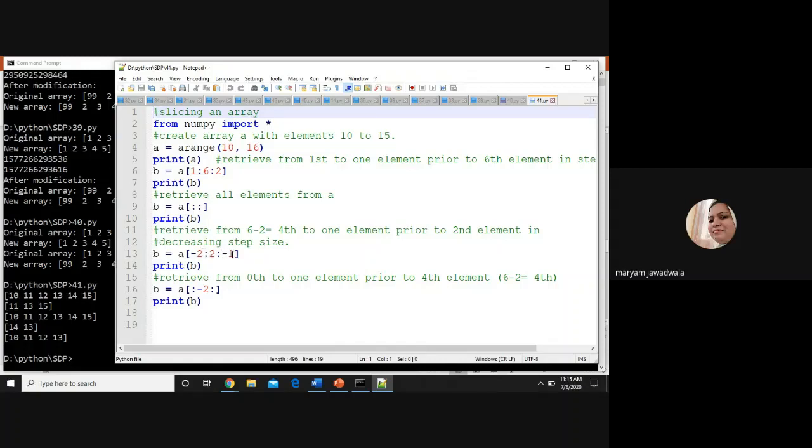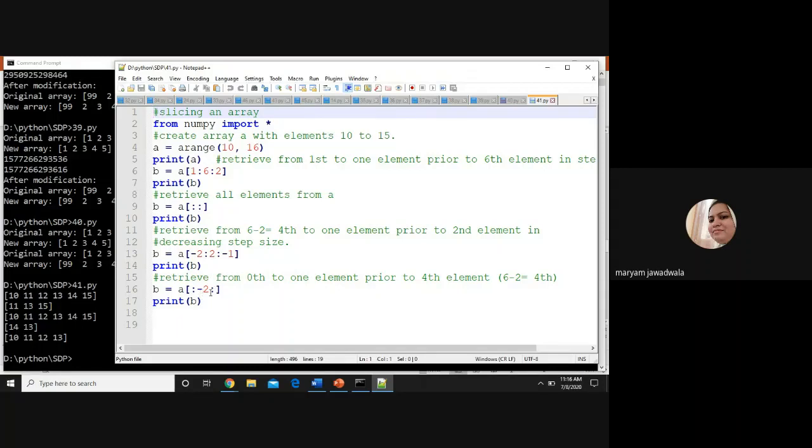And here minus 1 is my index size, meaning the array will print from right to left, starting from the second element. So how many elements are going to print over here? 2, right? So start with the second element, 14 to 13. So the stop index is 2, meaning 2 elements are going to print from the right-hand side, 14 and 13.